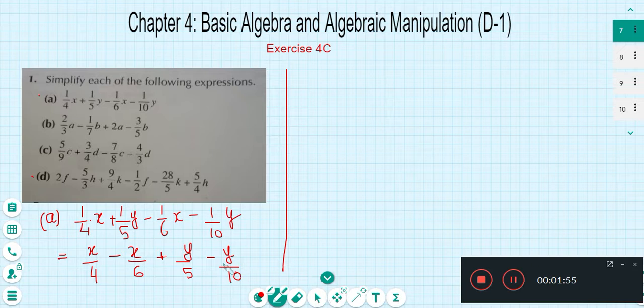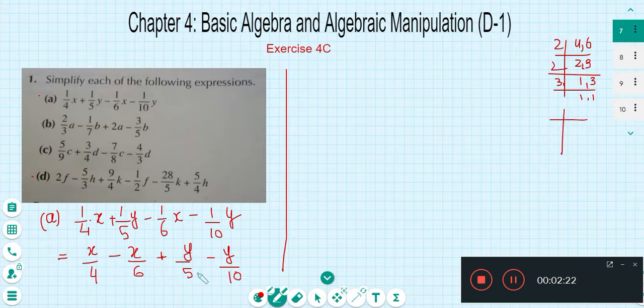Obviously we have to find the LCM of the denominators first. So the LCM of 4 and 6: 4 is 2 times 2 and 6 is 2 times 3. Thus its LCM will be 12. You can see that 2 times 2 times 3 is 12. So its LCM is 12,